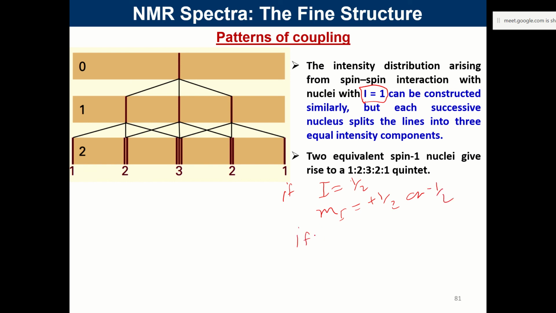If I is equal to 1, the orientation will be given by plus 1, 0 and minus 1. So 1, 2, 3. That's 3 different orientations. Having the same magnitude of spin angular momentum, it can have 3 different orientations,